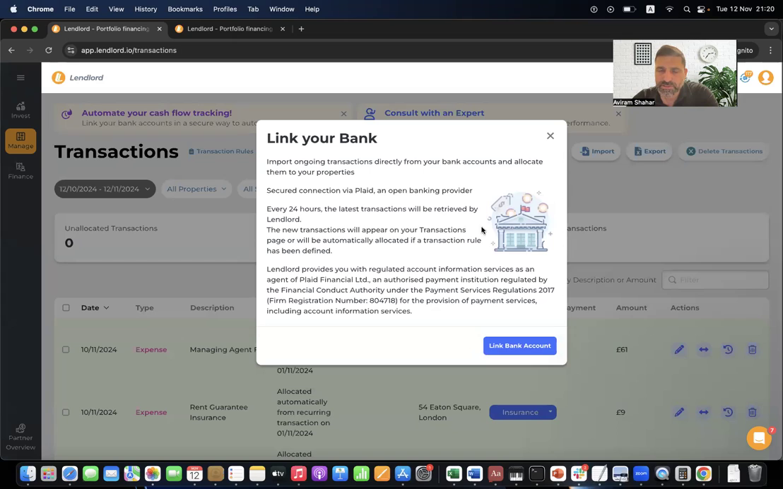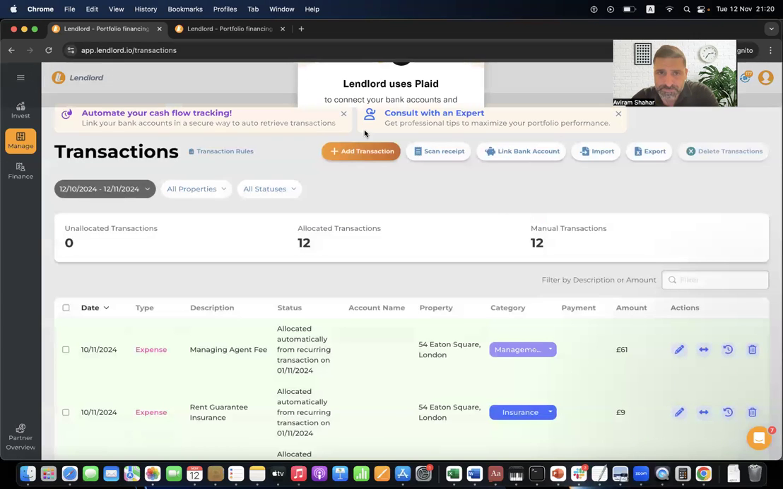Lendlord uses Plaid. We are an agent of Plaid, approved by the FCA to act as an agent of Plaid, which is regulated to implement open banking by the FCA. It's a fully secured, regulated service. Lendlord will only get